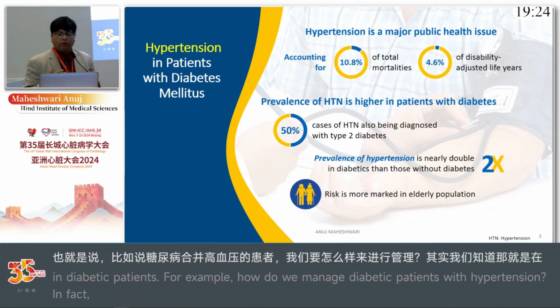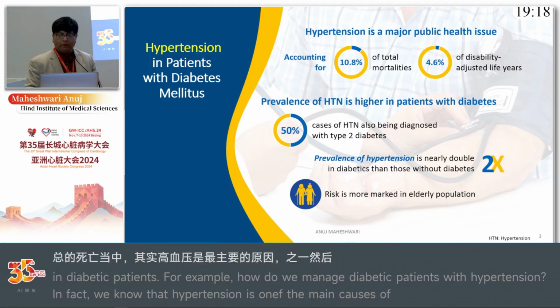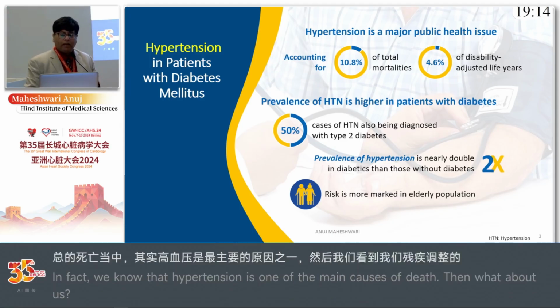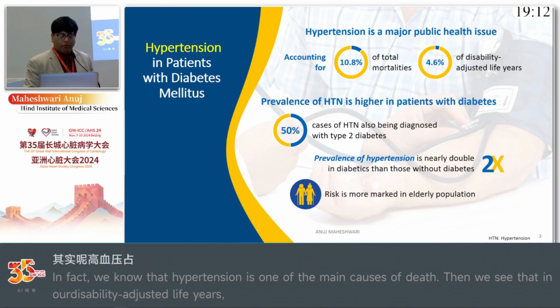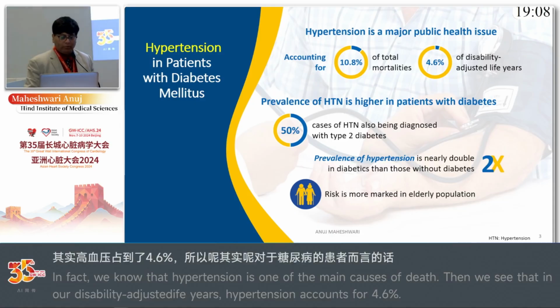Hypertension is one of the major public health issues, and 4.6% of the disability-adjusted life years are taken away by hypertension alone. Prevalence of hypertension is higher in patients with diabetes. It's a well-known fact: 50% of patients with hypertension are also diagnosed with type 2 diabetes, and its prevalence is